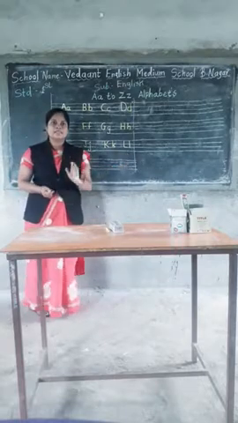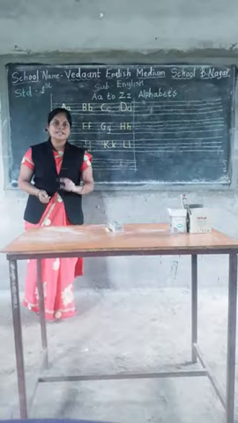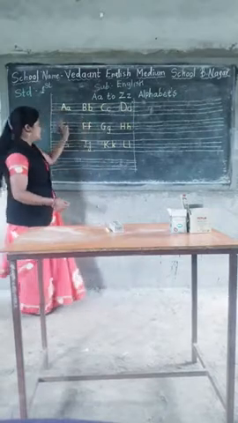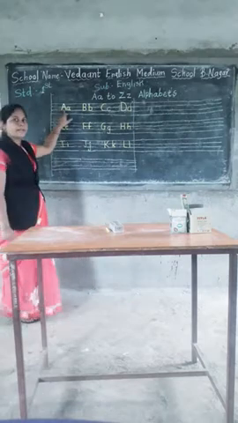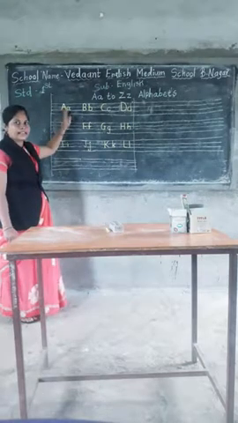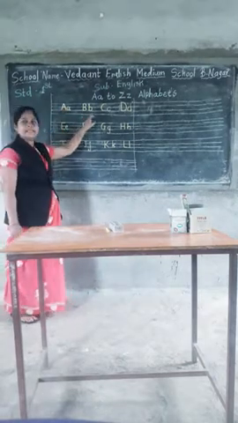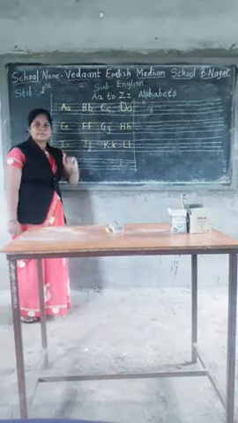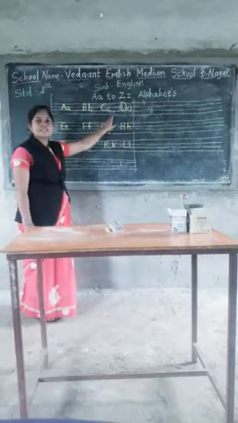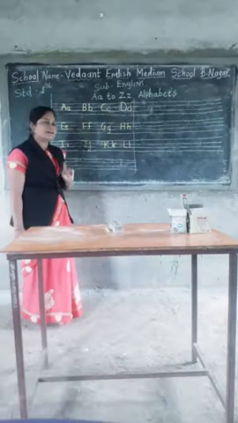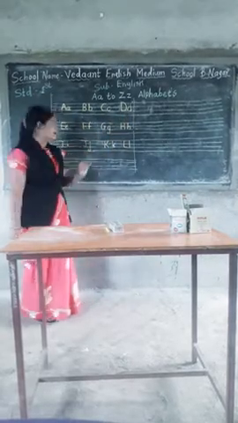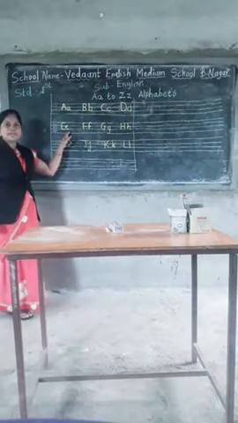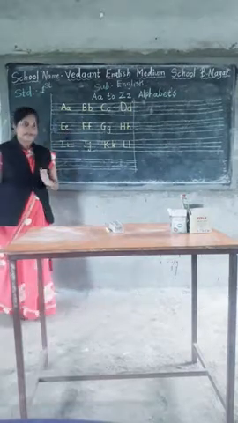So let's learn once again. Let's read once again these letters A to L. Okay, capital A, small a says A. Capital B, small b says B. Capital C, small c says K. Capital D, small d says D. Capital E, small e says E.